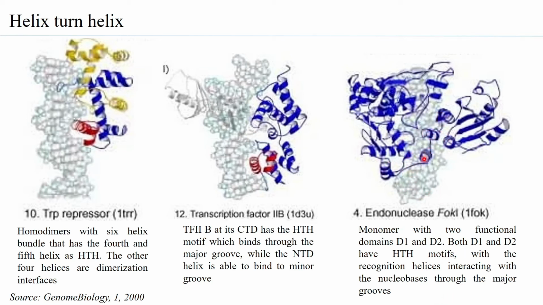So you have the recognition helix and you have the perpendicular supporting helix as well. Interestingly, what is observed is that the recognition helix or helices of endonuclease FokI, although they interact through the major groove, that is not the position of cutting. As mentioned earlier, it cuts only 4 to 5 base pairs away from the region that the recognition helix binds to.